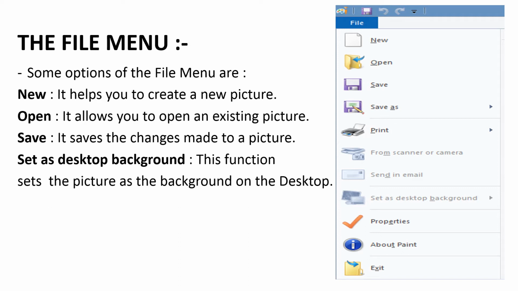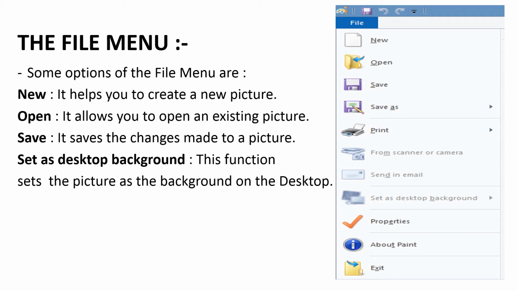Okay, then next is set as desktop background. Now, this function sets the picture as the background on the desktop. Okay, if you click on this set as desktop background option, this function, it helps us to set the drawing as the background image on the desktop.